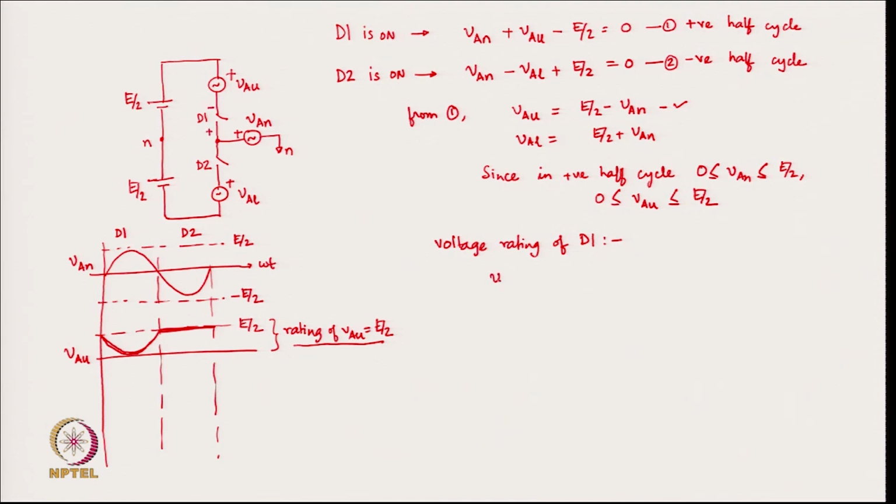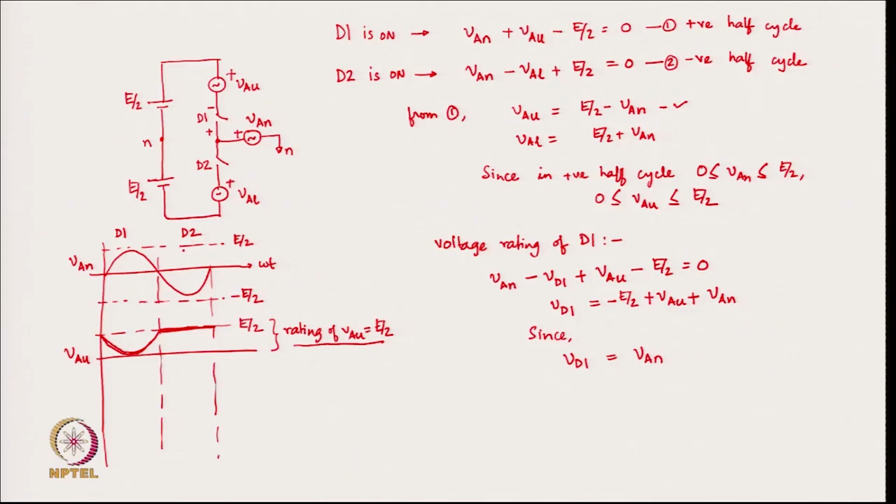So, therefore, VAN minus VD1 minus VAU plus VAU minus E by 2 is equal to 0. Therefore, VD1 is equal to E by 2 minus VAU minus VAN. Okay. Sorry, no, there is a mistake. So, therefore, VD1 is equal to minus E by 2 plus VAU plus VAN, because you see here during the